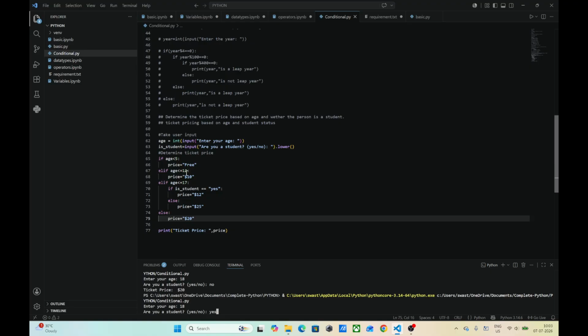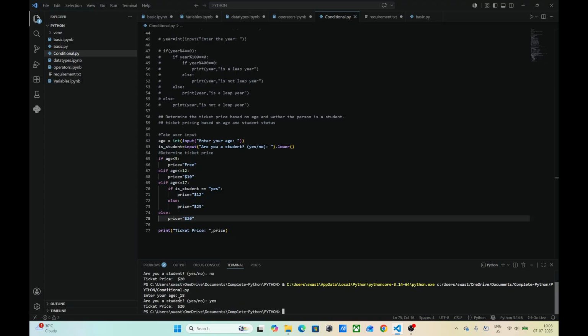Elif age is less than equals to 12, 18 is neither less than nor equals to 12, so it will not enter into this block of code also. Age less than equals to 17, 18 is not less than equals to 17, so it will not enter into this block of code. Now if I click enter, it will give me ticket price 20,